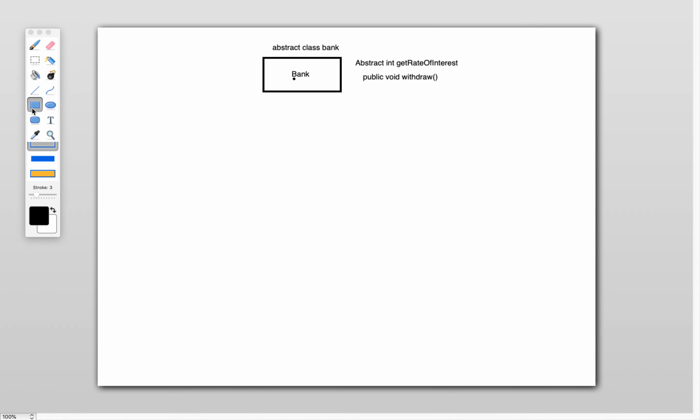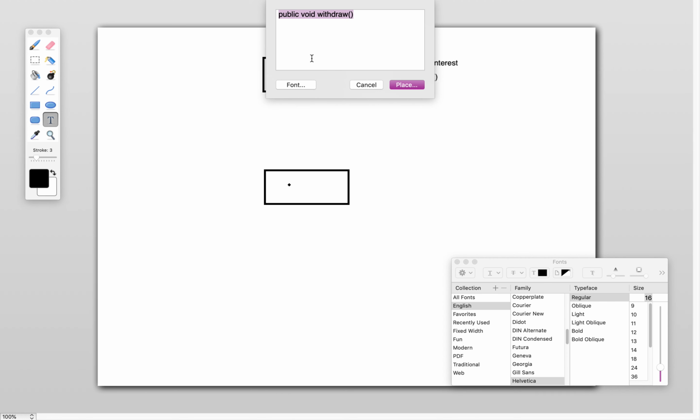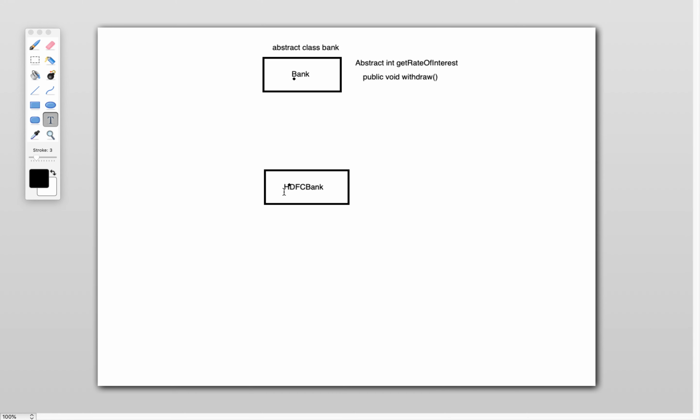Let's consider another class. This class extends the abstract class so that it implements the abstract method which has been declared in the abstract class.